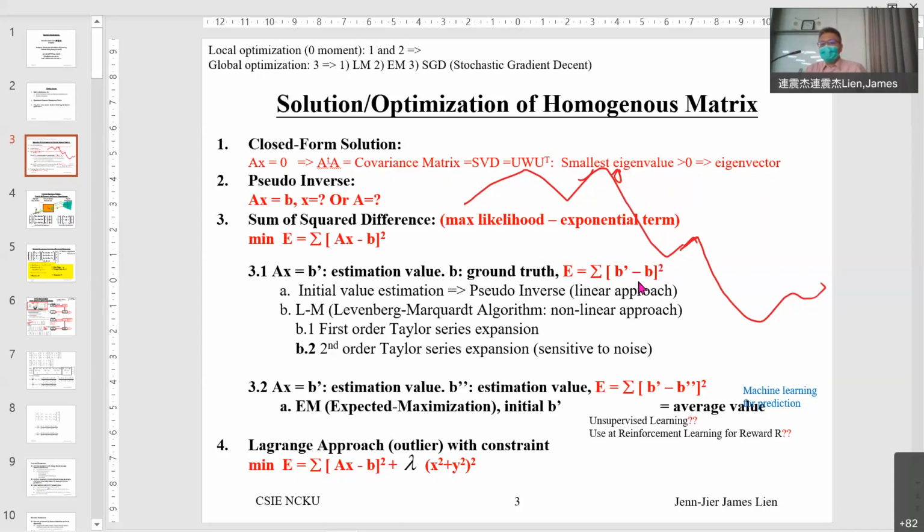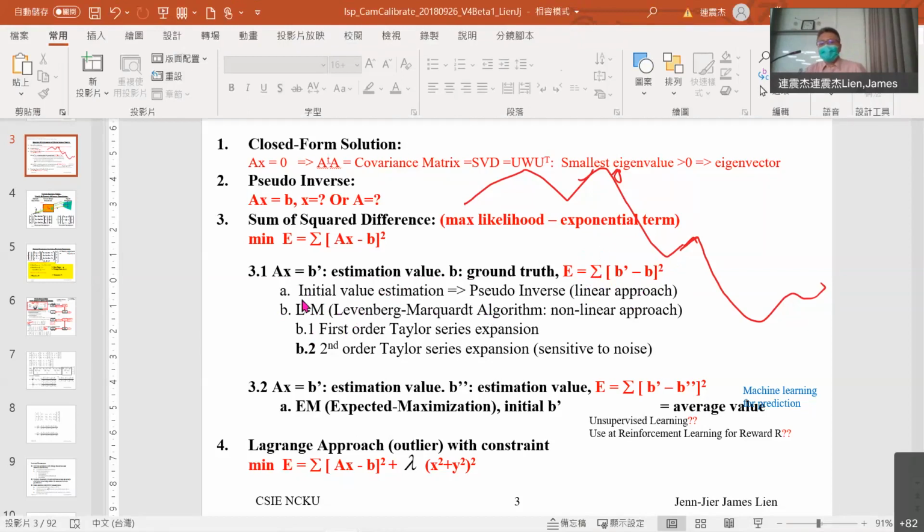So the mean square difference uses gradient descent. But gradient descent is a kind of linear approach. The better method is LM, but it's complicated. So far, people use deep learning, they don't use LM, or even EM, to solve it. But last time I told you